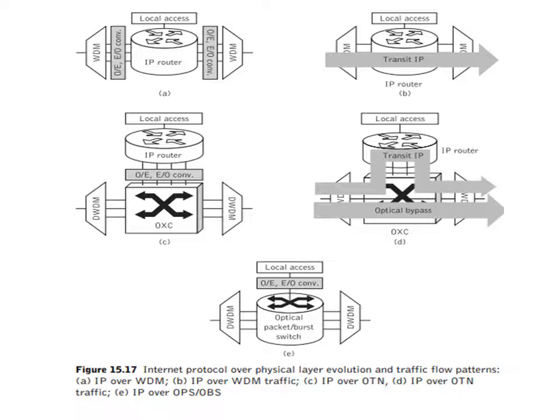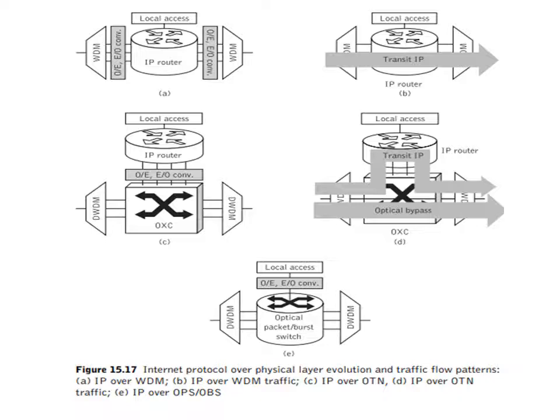Internet Protocol over OTN, however, bypasses the non-transit traffic by separately placing an IP router onto an OXC. So directly it can be passed through the OXC, so that it can be considered a bypass of non-transit traffic. One is through the router, which is called transit traffic. Another passes directly without going through the router, which is called non-transit traffic. It is also called optical bypass. Directly it passes through the optical cross connector.